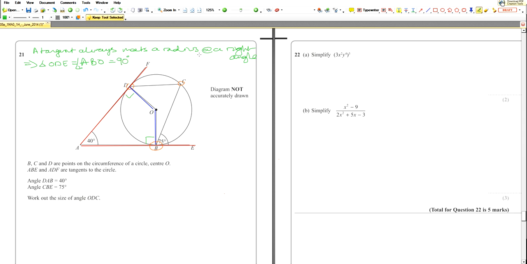So given the mathematical definition, we will write down the angle. We know now that this is 90. We know now that this is 90. Now, if you look at the shape here, let's change color once more. We know that the shape A, B, O, D is a quadrilateral. So we say here, angle sum of a quadrilateral